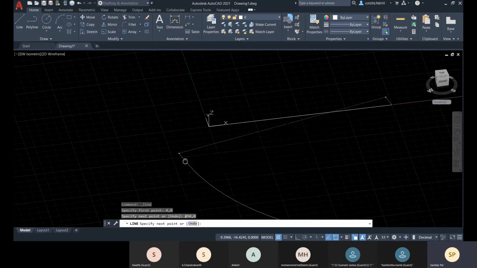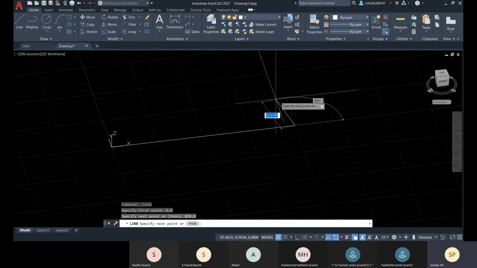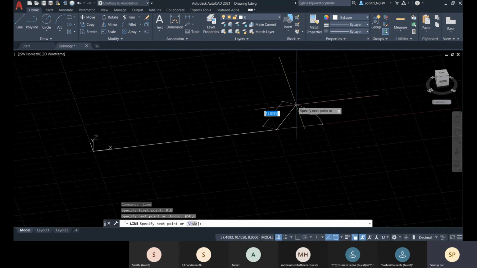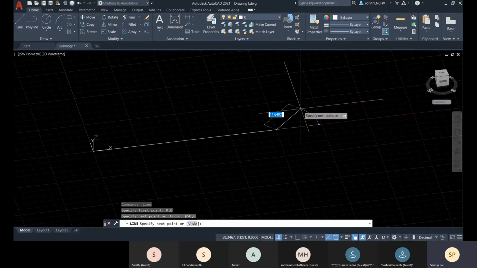Just focus on the screen. Within your crosshair you can see one small box where you can see the values, right? That is your dynamic input. So the dynamic input option is on right now.